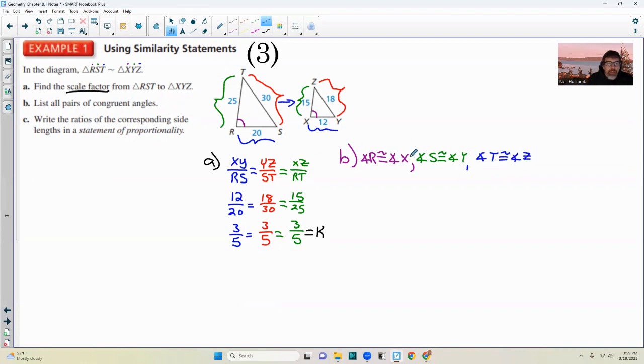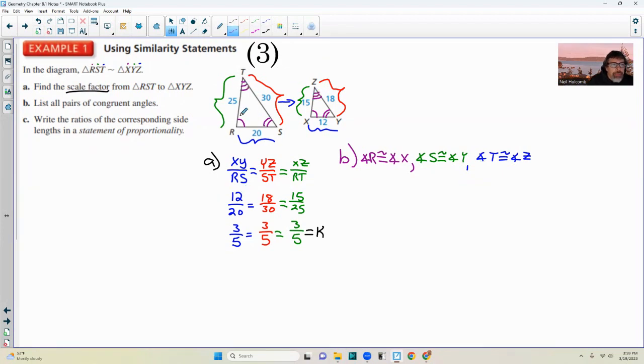Okay, so those are the three angles that are corresponding, or congruent, I mean. List all pairs of congruent angles, and I haven't labeled them here. I said R had one arc, X has one arc. S and Y, S has two arcs, Y has two arcs, and Z I'd put 3, and T I would